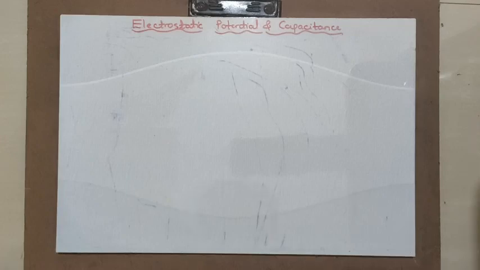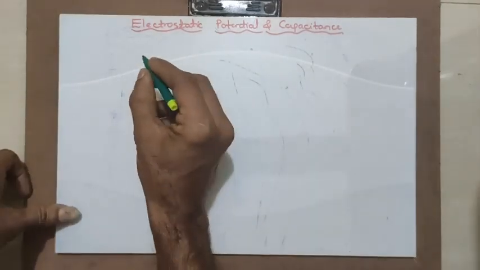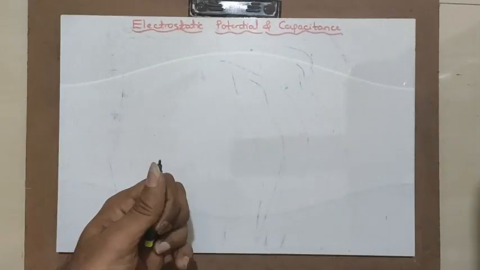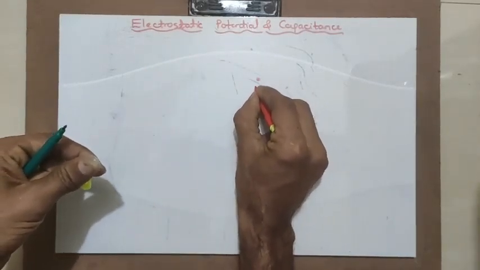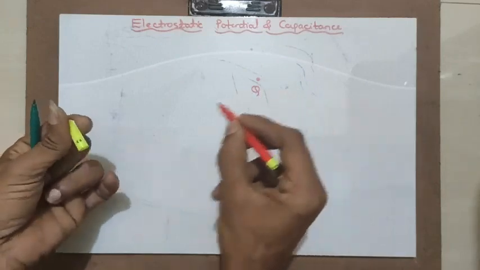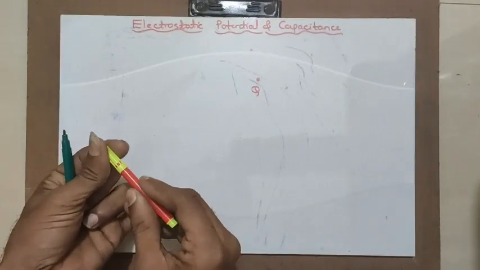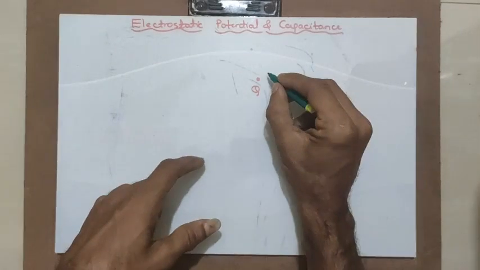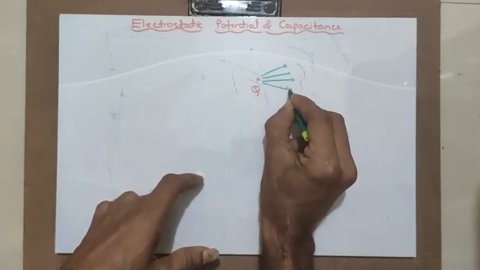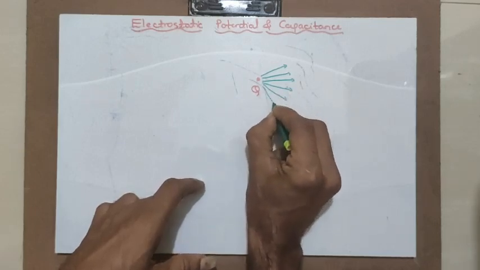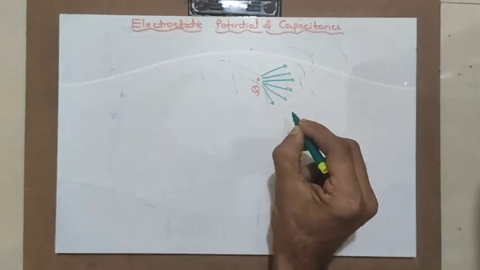We already have come across the meaning of electrostatic field. You know what an electrostatic field is. Electrostatic field means there is a charge present. Suppose there is a charge, let us take it as Q. In the vicinity of that charge there will be an electrostatic field set around it. It is like a bulb which is present and illuminating light. You can imagine it in that manner.